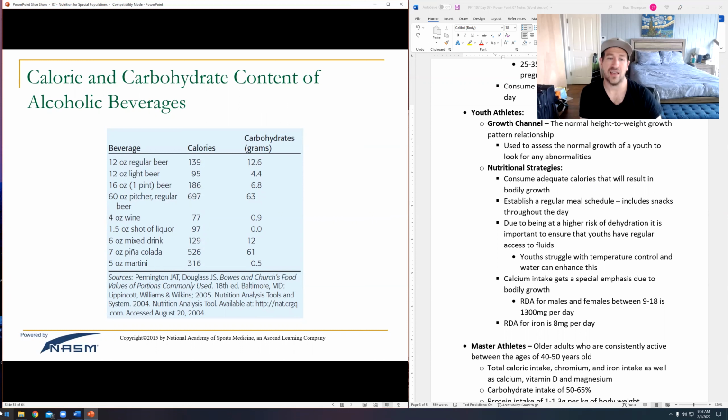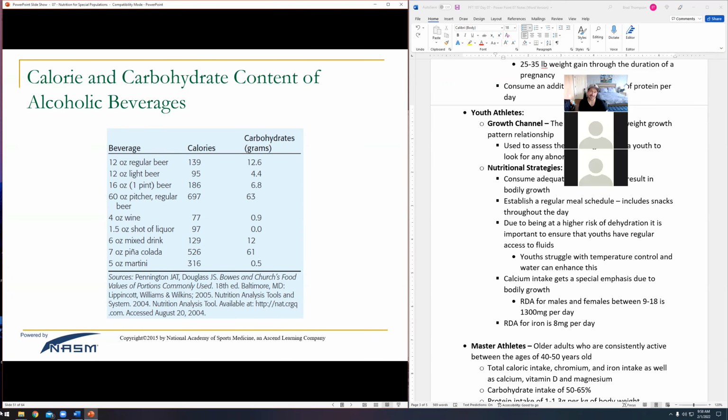So here you can see how many calories. There's actually not a lot of carbohydrates, 12 grams in a 12-ounce beer, but a whole bunch of calories there. Alcohol has 7 calories per gram. So for every gram of alcohol, there's going to be 7 calories. Normally, we count up the calories in fats, proteins, and carbs when we're talking about normal food. Now you have a whole new category. How many grams of alcohol are there? Times 7 for every gram. So definitely a lot of calories in there.